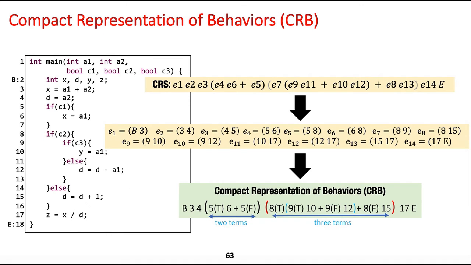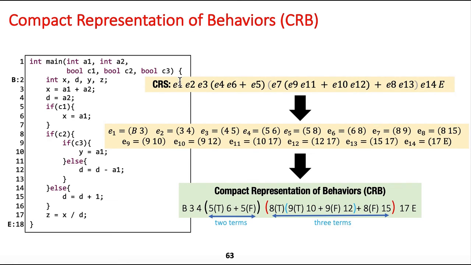We shall illustrate that process here for the DBZ example. We have already derived the CRS by solving a system of linear equations. It is an algebraic expression using the successor elements. We have 14 successor elements, E1, E2, E3 up to E14. Now I have also shown here the corresponding pairs for the successor elements so that it becomes easy to see the mapping.